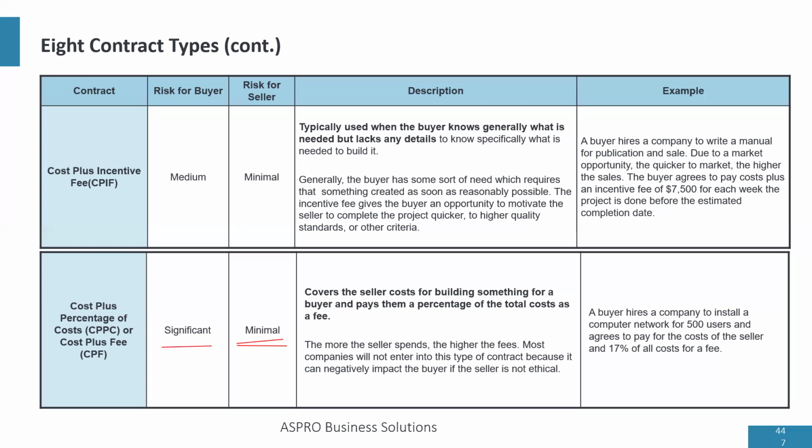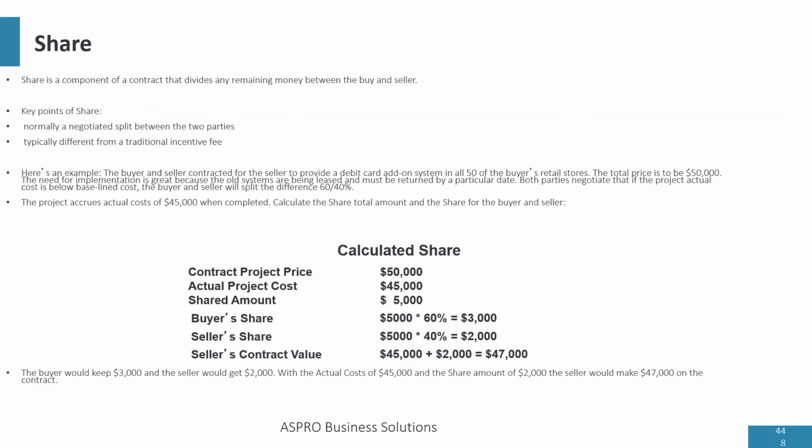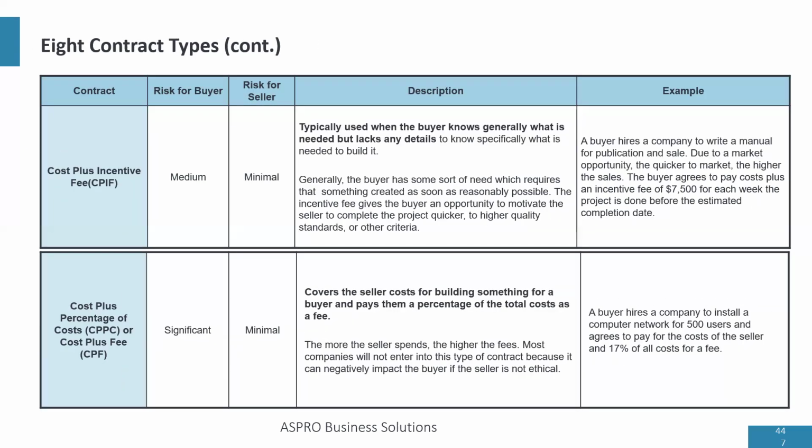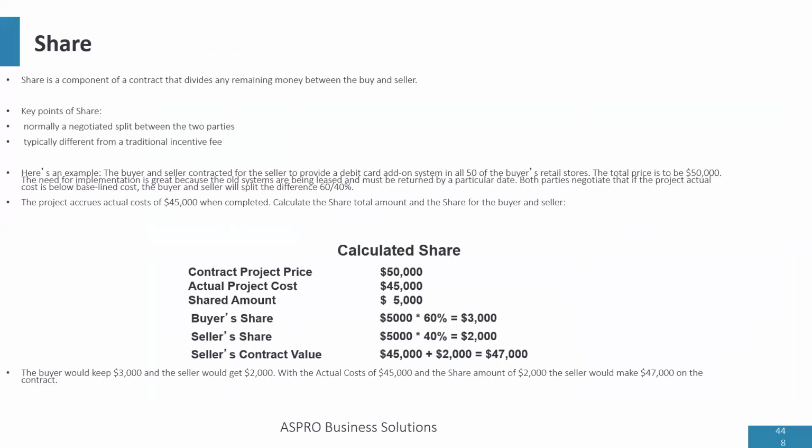Okay, fantastic. Let's move on. So discussed under cost plus incentive fee is something we call a share. So a share is a type of incentive, right? It's discussed under cost plus incentive fee in the PM Book 6th edition. And so it's a type of incentive fee, but the way this works is that